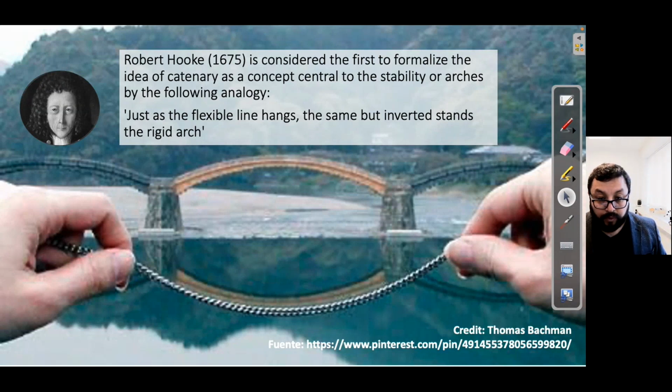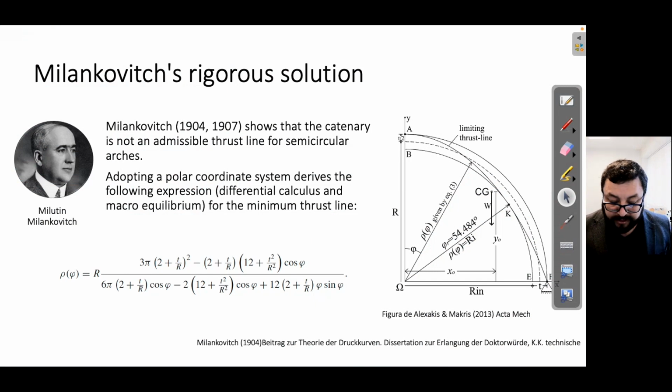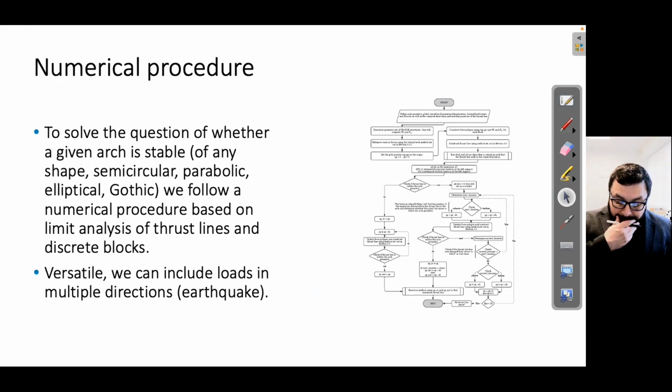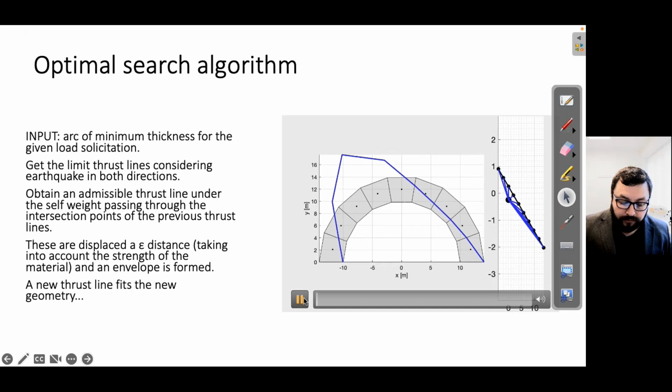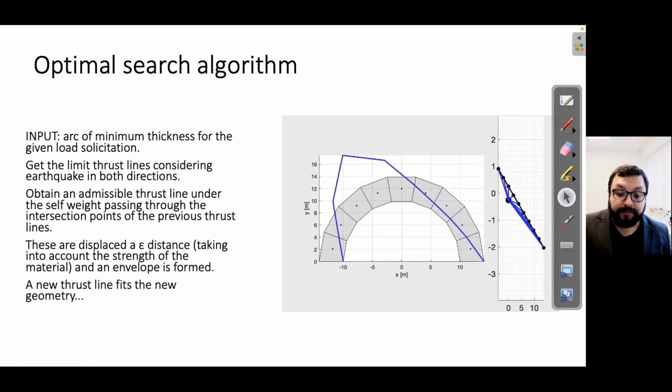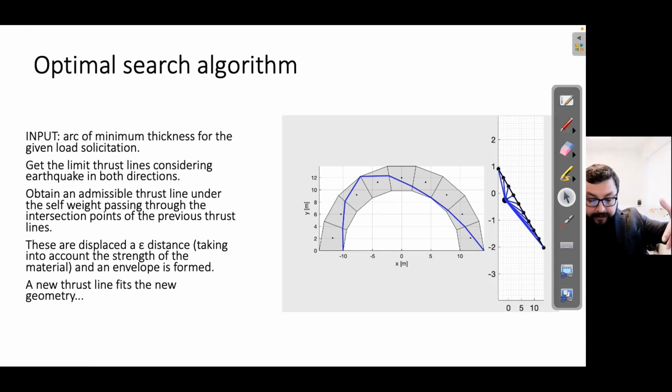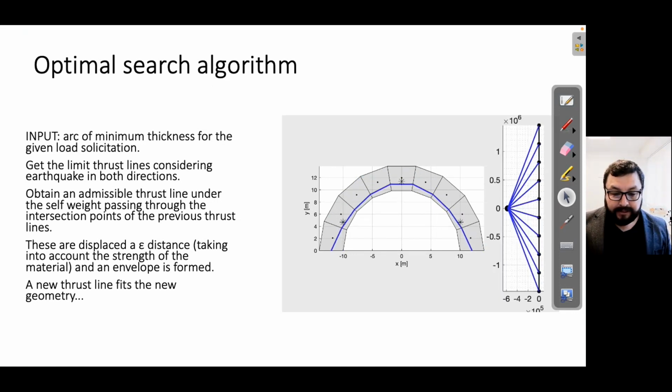And the idea is that if we are able to fit that, what he thought was a catenary, but then was demonstrated by Milankovitch not to be a catenary, if we fit that curve within the constraints of the depth of our arch, we should be ensuring stability of our arches. And we devised a numerical procedure to solve this set of equations, and also to be able to search optimal forms. So basically, we have the vertical gravity thrust line, and in this case a lateral thrust